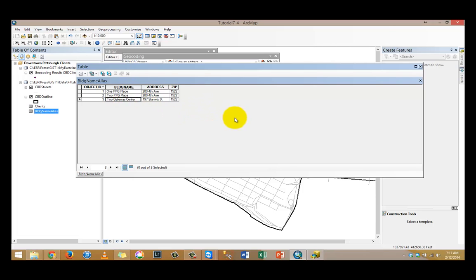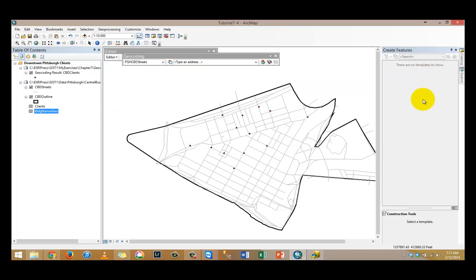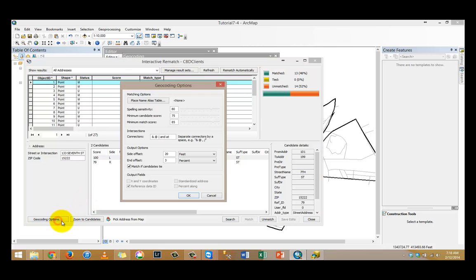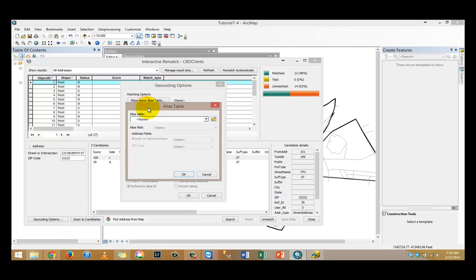and then I'm gonna examine that because, as you know, it has some of these place things we talked about. These are essentially building names, and it has address and zip code corresponding to those landmarks or building names. And now what I'm going to do is click on my CBD clients rematch addresses, and now I'm going to click on geocoding options. I'm going to add my alias place name alias table. The alias field is building name, obviously, and I'm gonna click OK,